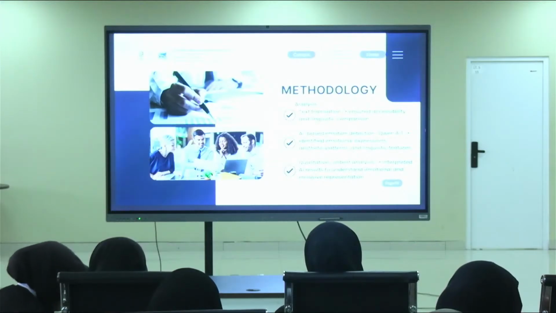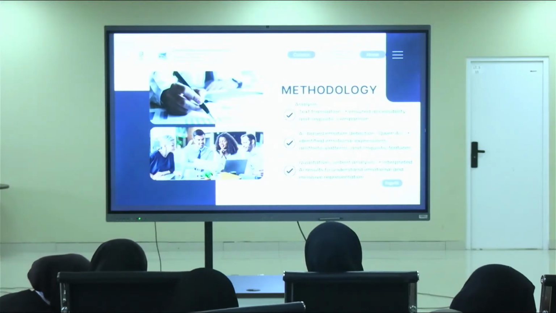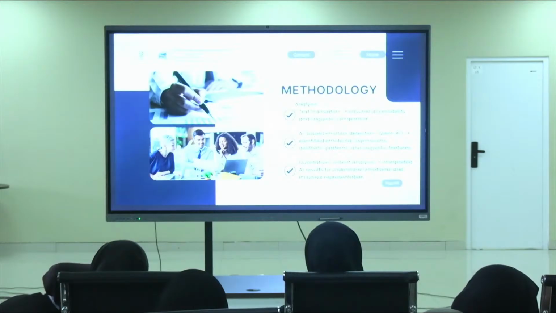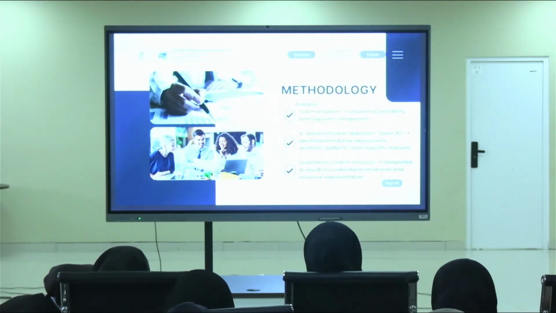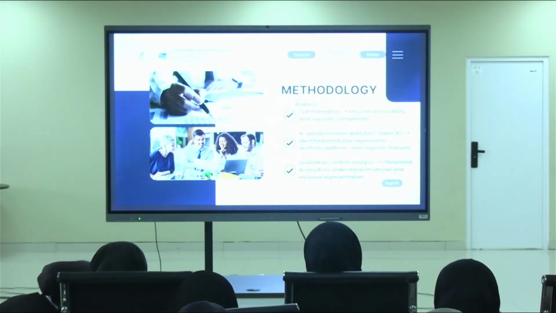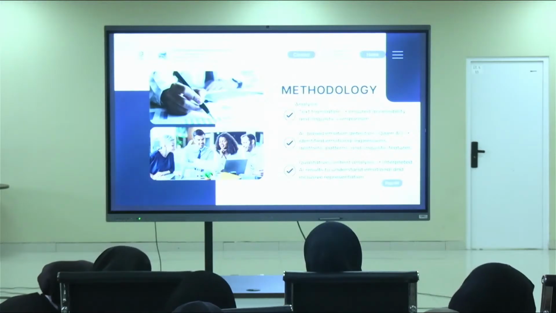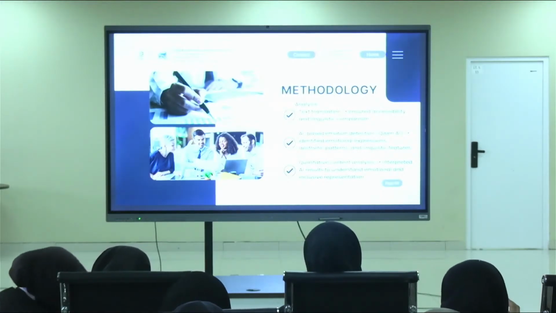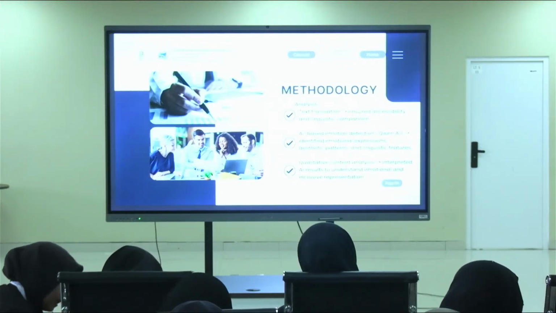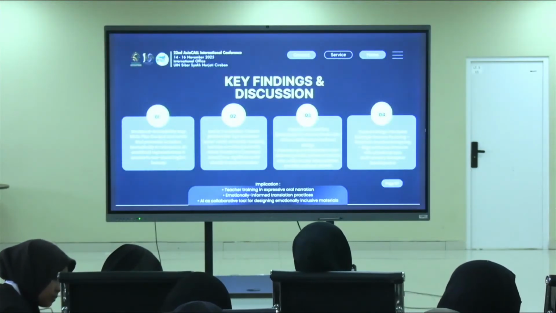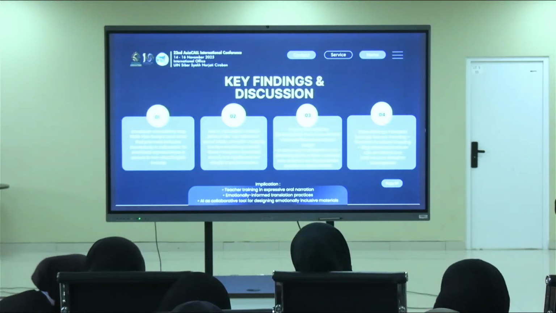We use Strength AI to identify emotional expression as a principle of investigation. And after we analyze the text with Strength AI, we interpret the AI results to understand emotional and more inclusive representation. The next slide is about key findings and discussion, which will be delivered by my